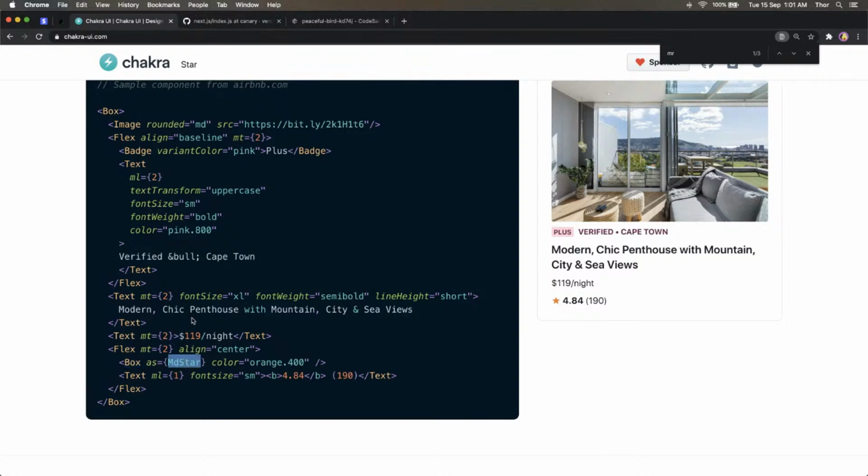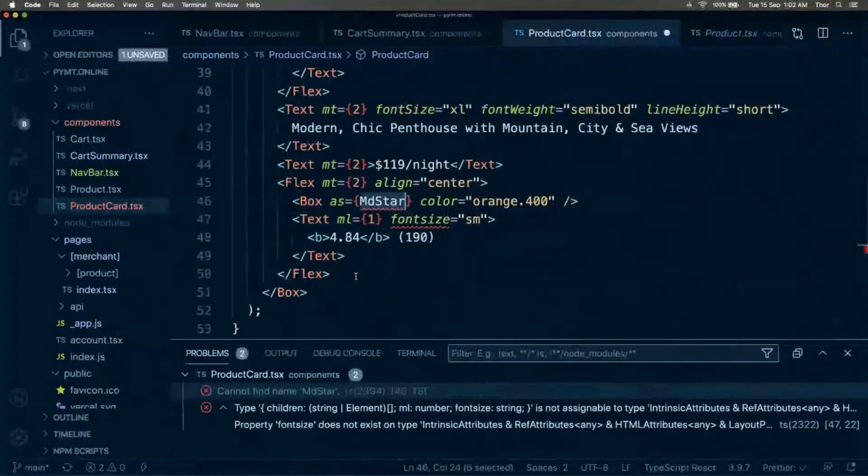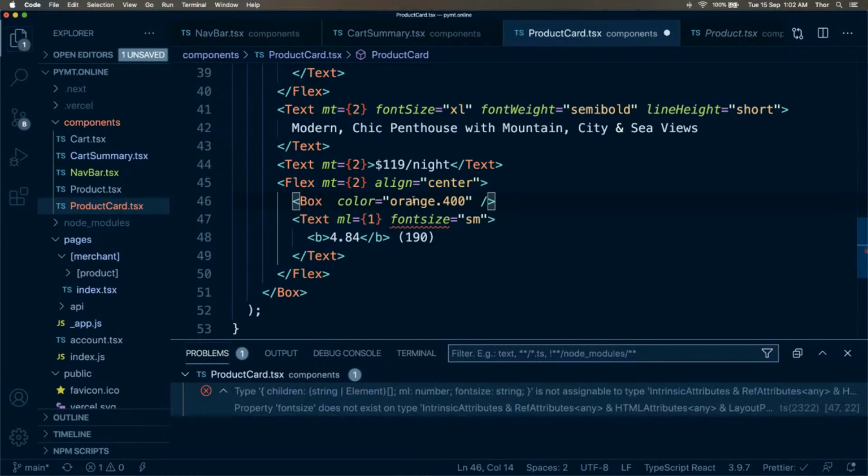So you could say box as A, which then gives you an A. Anyway, let's just leave that out for now,